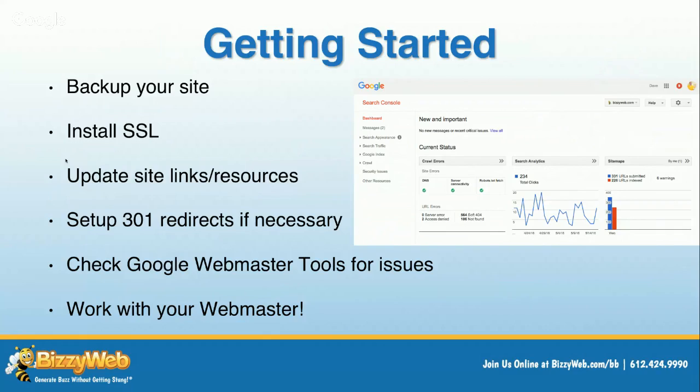Note again that you will see a small dip in search engine results, or some fluctuations as Google calls them, but it catches up pretty quick because, again, it's a strong indicator of trust when you install an SSL on your website. It's just that the fluctuations happen as Google modifies and rectifies the content they have on your website with these new addresses. The key thing to know is that you just need to work with your webmaster if you're at all nervous about doing any of these things.